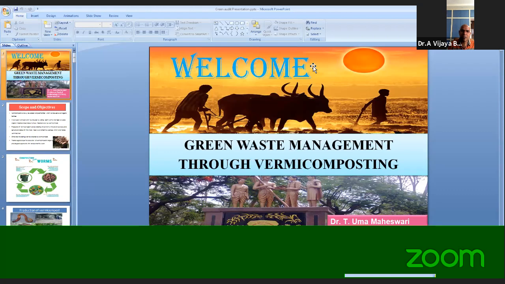Madam already said that while going for a green audit, managing the waste of any institution is a major aspect of the green audit report. Once we use the vermiculture technique, we can convert green manure or green waste to vermicompost, which can be used in gardens or some other place, or we can put it up for sale and gain some amount, and that can be used for other areas. These all add good value to the green audit, madam, for a particular institution.